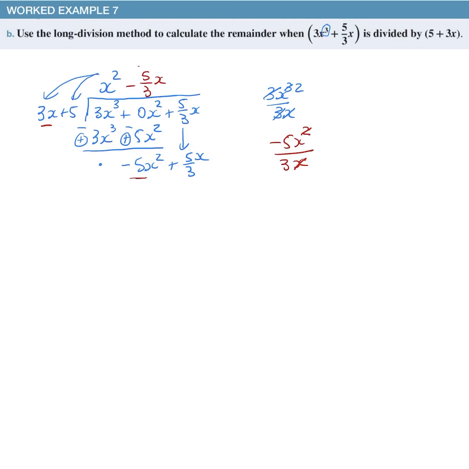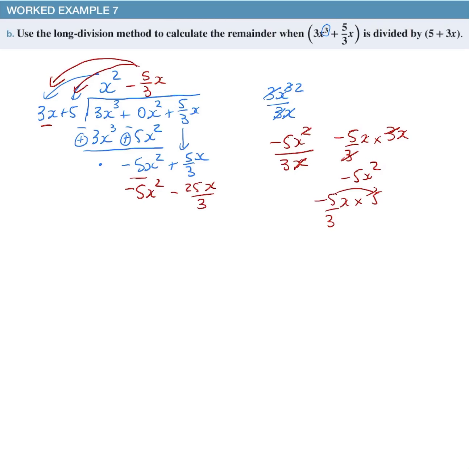Right, now I'm going to multiply negative 5 over 3x with 3x. If I do that, my answer should be negative 5x squared. Let me just check. Negative 5 over 3x multiplied by 3x. The 3s cancel. Negative 5x squared is my answer. So yes, it's negative 5x squared. Now I can also multiply negative 5 over 3x with plus 5. That will give me, remember, if I have negative 5 over 3x multiplied by 5, the 5 times 5 is negative